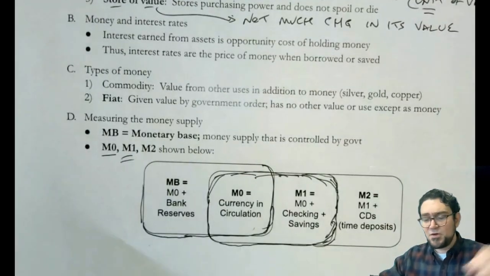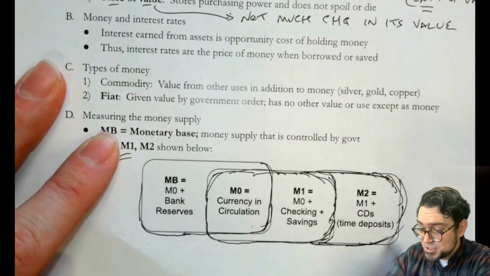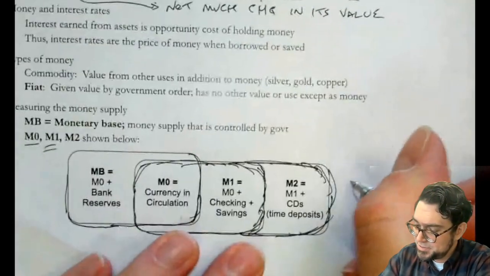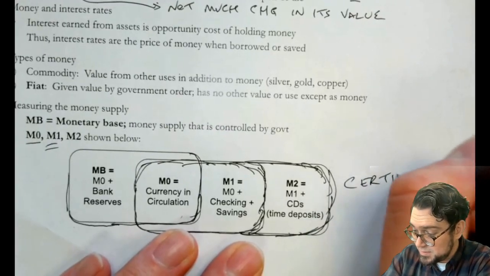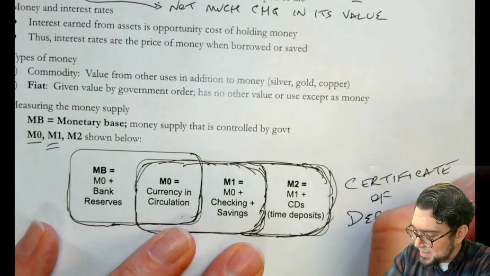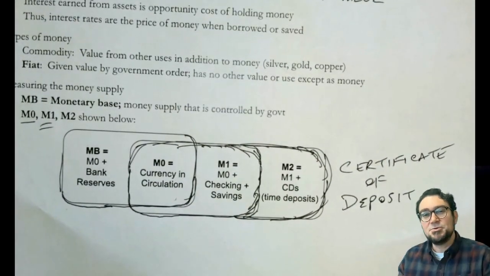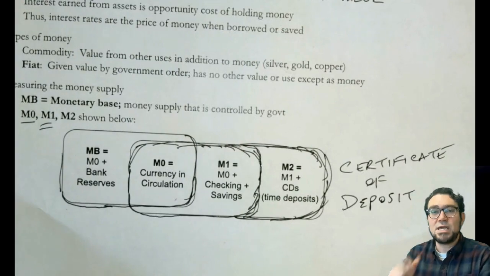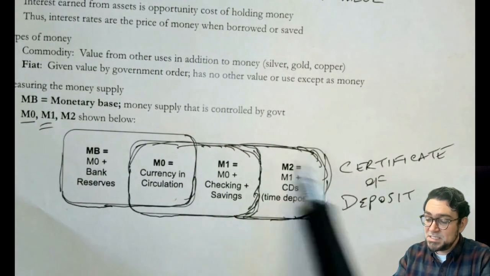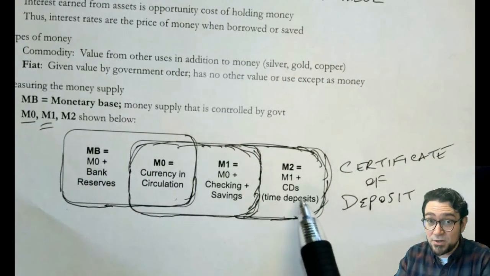Then we zoom out even farther and we say, well, what if we added to that all the money that's in a special type of savings account called a CD, a time deposit? CD here stands for certificate of deposit. And it's really not that they give you any special certificate. They used to do that, but they don't do that anymore. Instead, it's literally just a special kind of savings account where you can't get your money out very easily. And so thinking about this as a savings account where your money's kind of stuck there for a certain amount of time. If you take it out early, you lose all the interest.